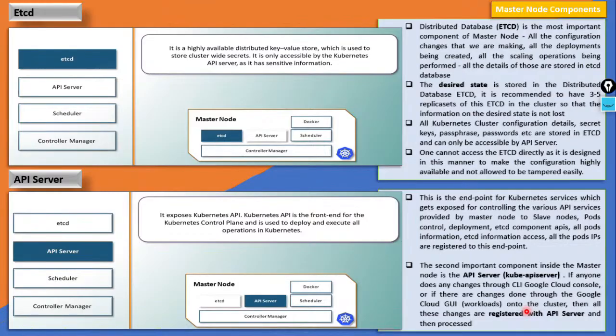Sir, what is the first important component, sir, etcd? No, etcd cannot work on its own. It has to depend on the API server. So the most important component will be the API server. I am not saying that the scheduler is not important, the controller manager is not important, etcd is not important. They are also important, but without an API server, if somehow the API server does not function correctly,